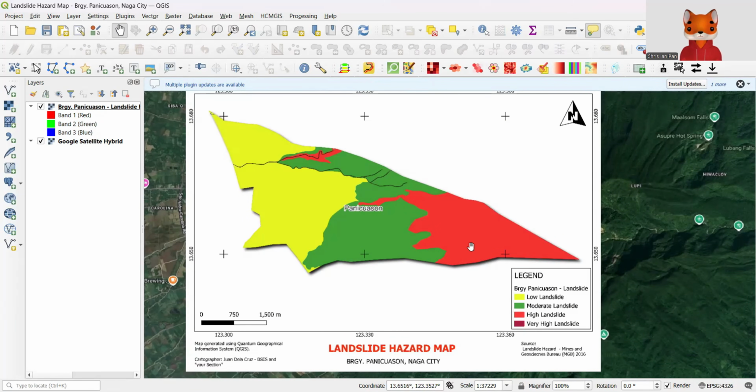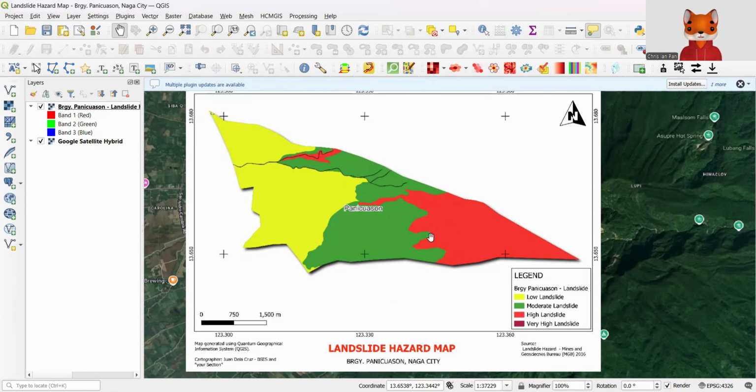We have the low landslide susceptibility, the moderate landslide, which is the green, and high landslide. We don't have the very high landslide, so only the low, moderate, and high. These three susceptibilities are the polygons that we will be tracing.